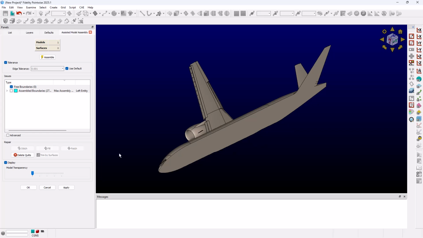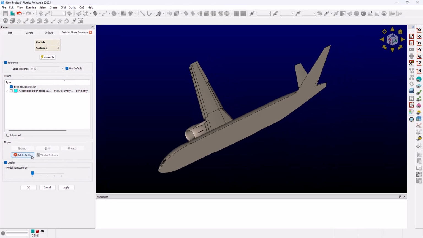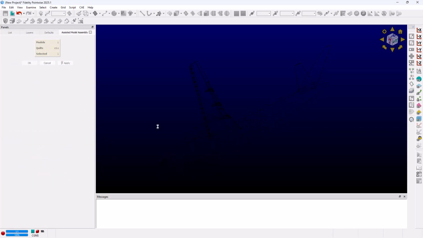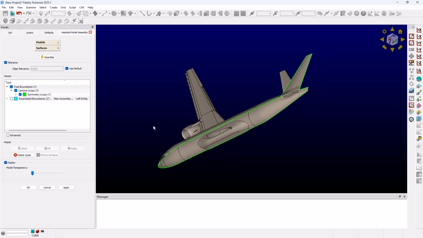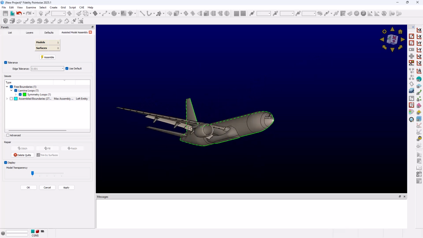Now, under the repair frame, you see we have this option called delete quilts. And this is particularly useful when we have duplicated surfaces or overlapping quilts, and we need to, for example, get rid of some of them. Now, in this example, I'm going to use this same option to delete the closeout surface, which is unnecessary. And you see, as soon as I did that, assisted model assembly again reanalyzed the model,